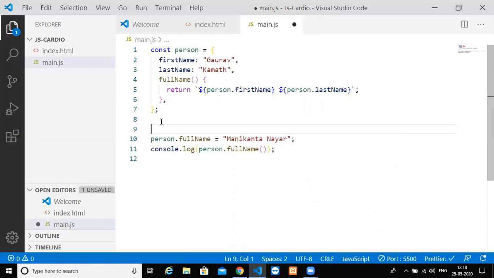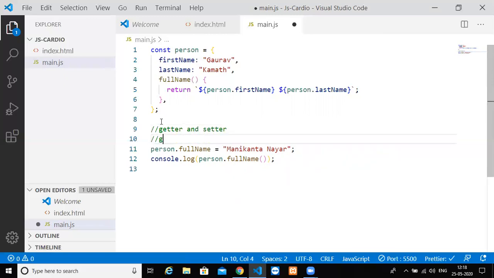So in order to do this kind of activity, we make use of getters and setters. What do getters do? Getters, or get, will give you the property value.